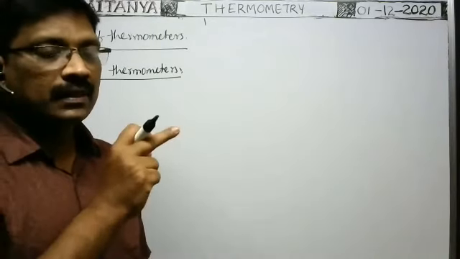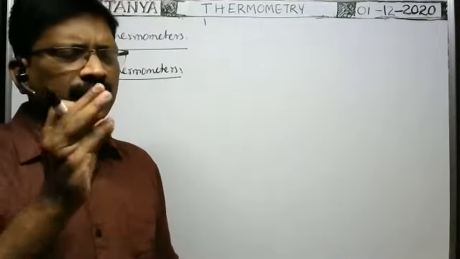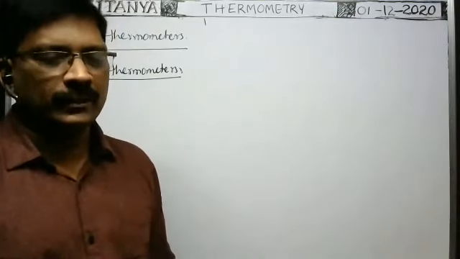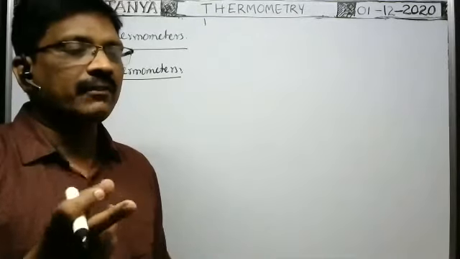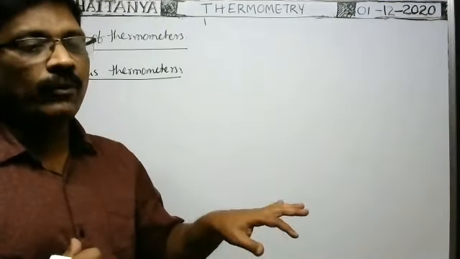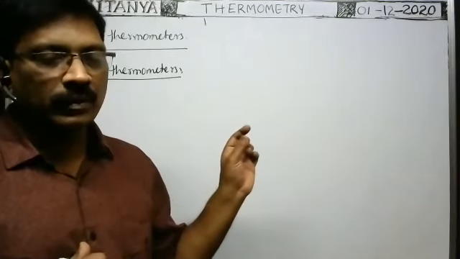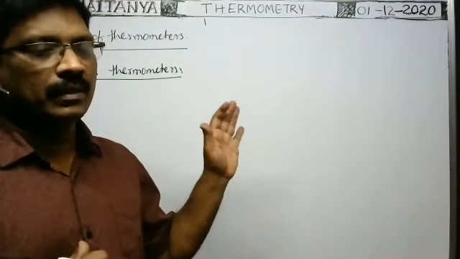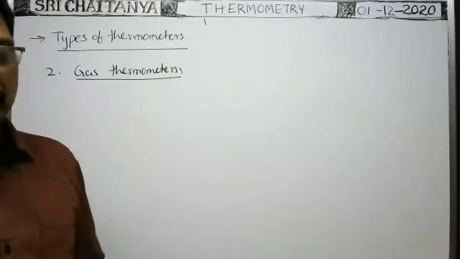But compared with liquid thermometers, gas thermometers are more preferable because even for a small change of temperature, there is a large increase in the volume or pressure of the gas. Whenever the expansion is more, the accuracy in the measurement of temperature is also more. That's why gas thermometers are preferable over liquid or mercury thermometers, and give a more accurate value.